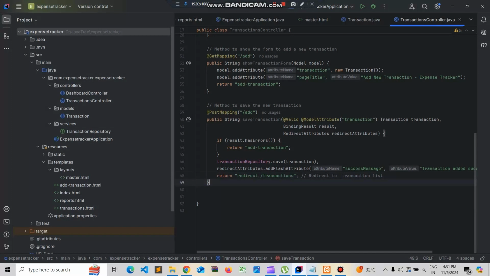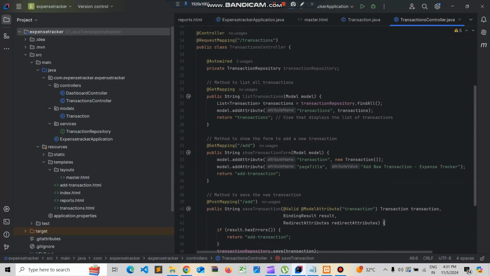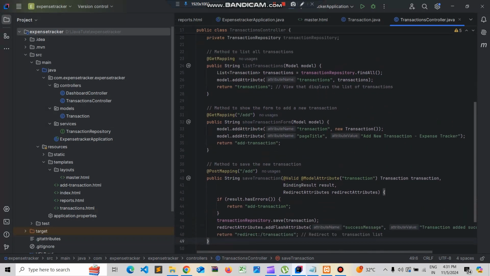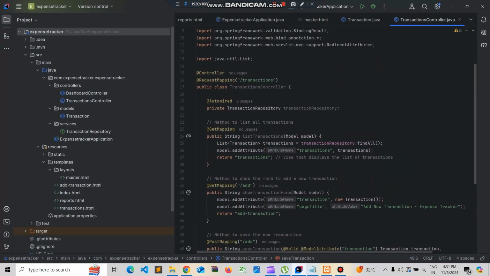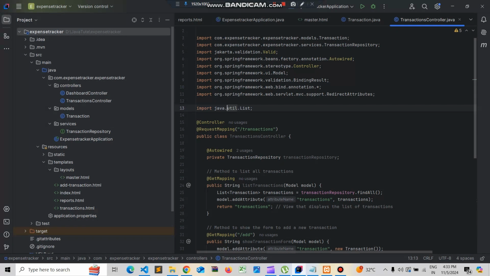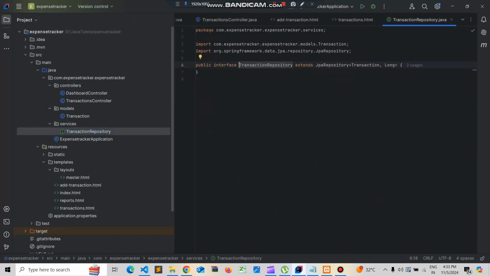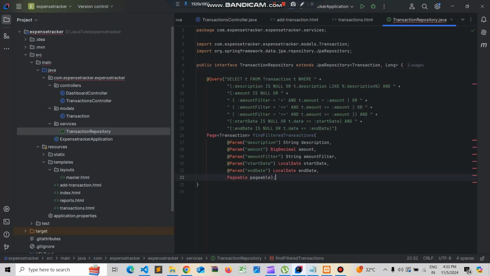So what we need to do now is, we have the route and we already have the transactions route. Firstly, let's create a query that will take filters. We already have a transactions repository, so we'll include a query here with all the parameters which are required. We'll have filters such as description, an amount filter, start date and the end date. Okay, so let's import this